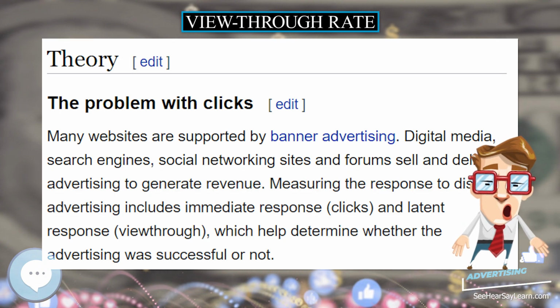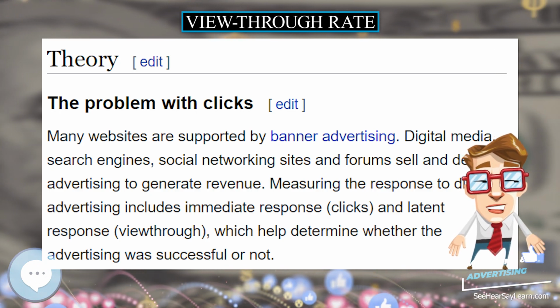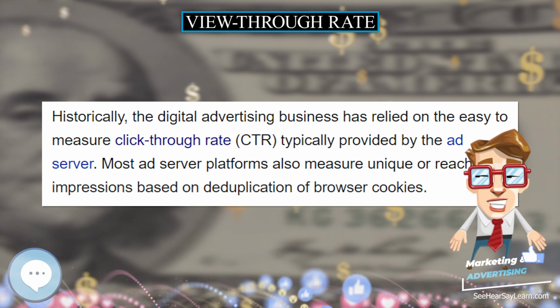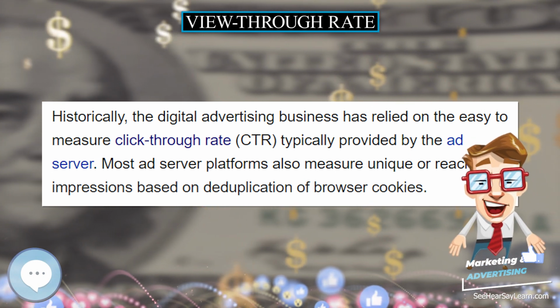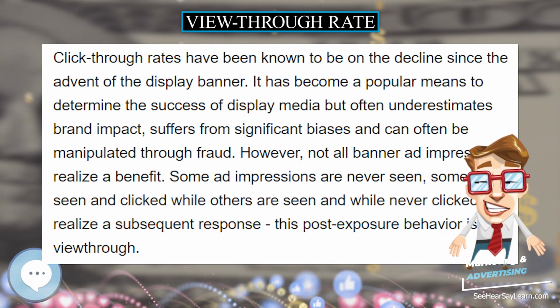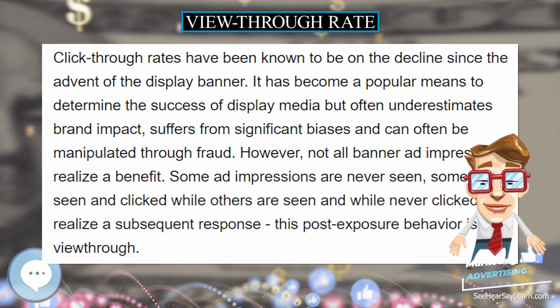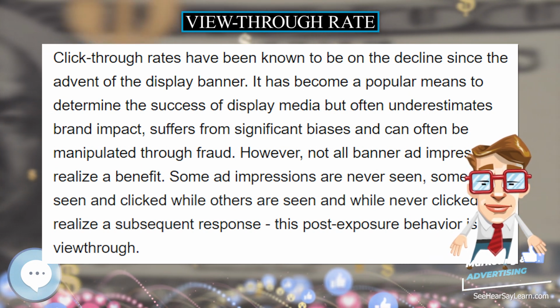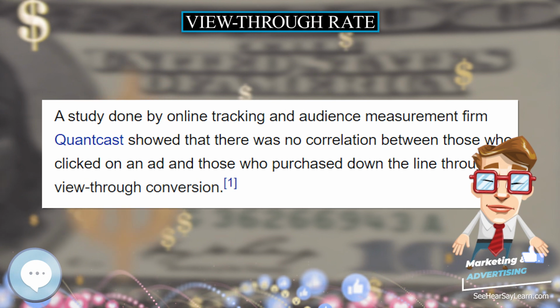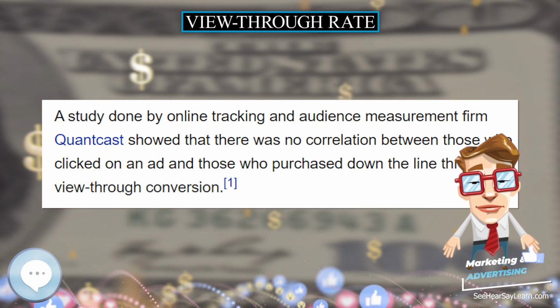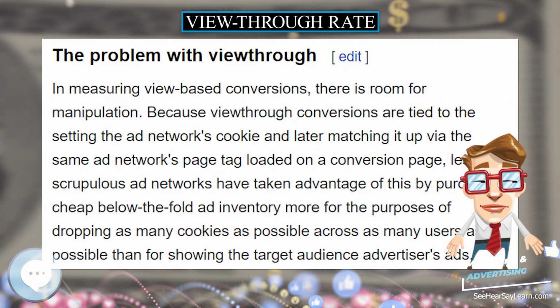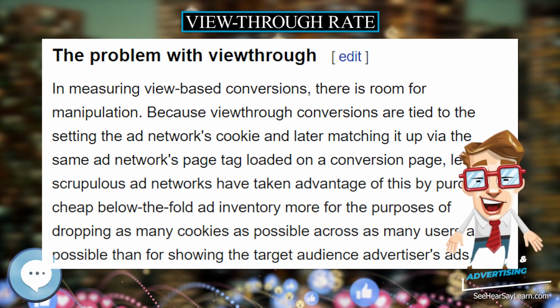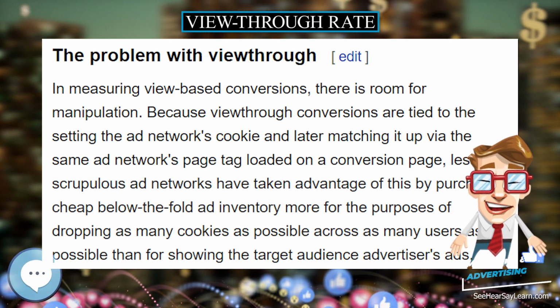A study done by online tracking and audience measurement firm Quantcast showed that there was no correlation between those who clicked on an ad and those who purchased down the line through a view-through conversion. The problem with view-through. In measuring view-based conversions, there is room for manipulation. Because view-through conversions are tied to setting the ad network's cookie and later matching it up via the same